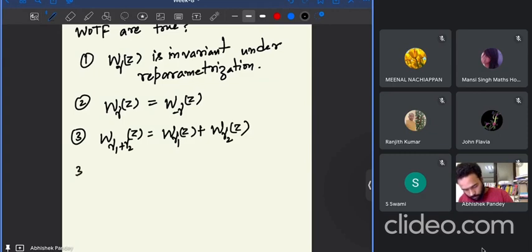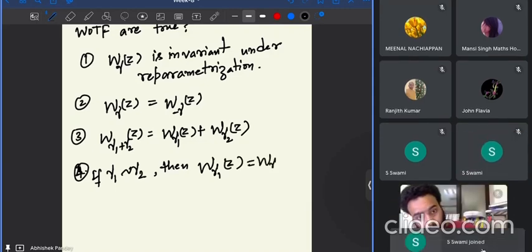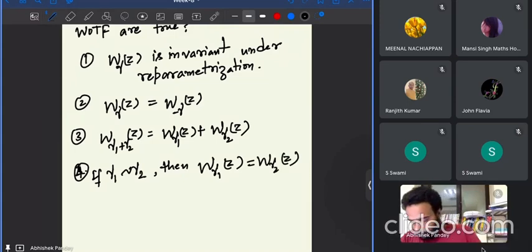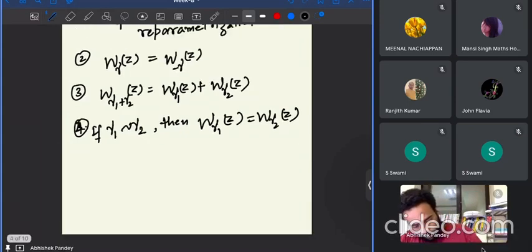And the fourth thing is, if gamma 1 is homotopic to gamma 2, then W gamma 1 of z naught equals W gamma 2 of z naught. Okay, fine. Next option is